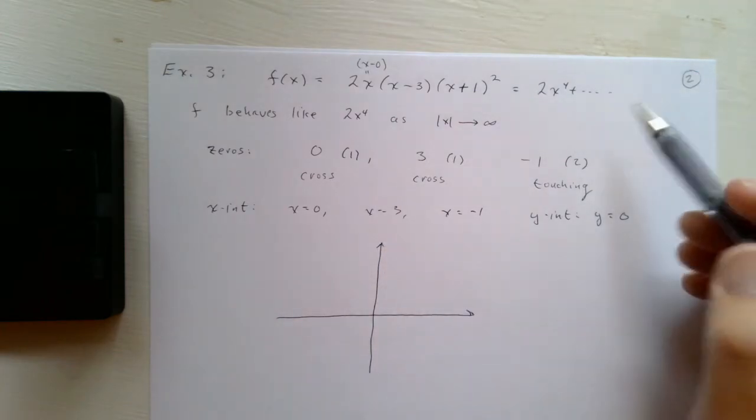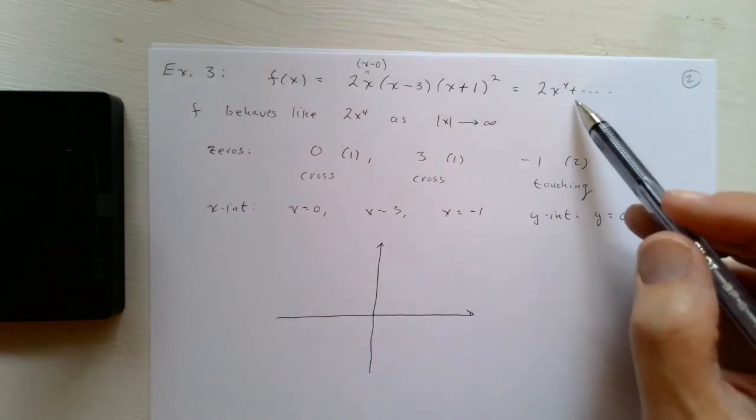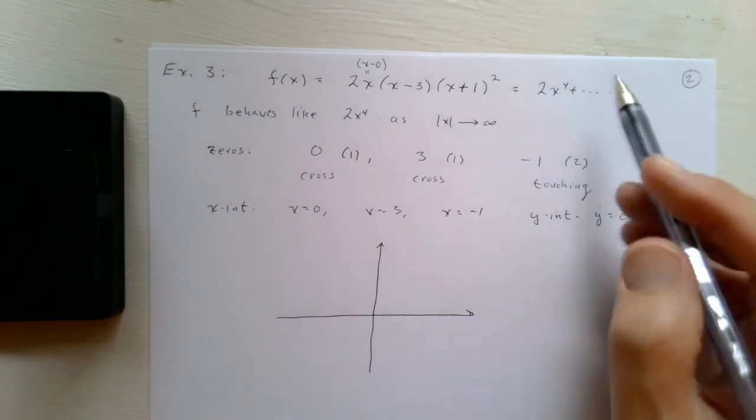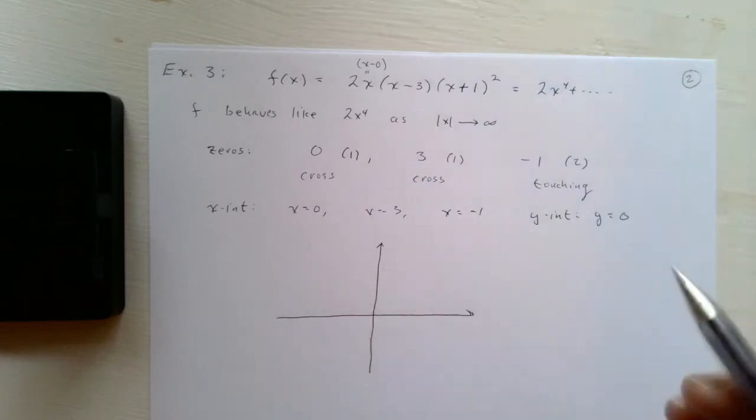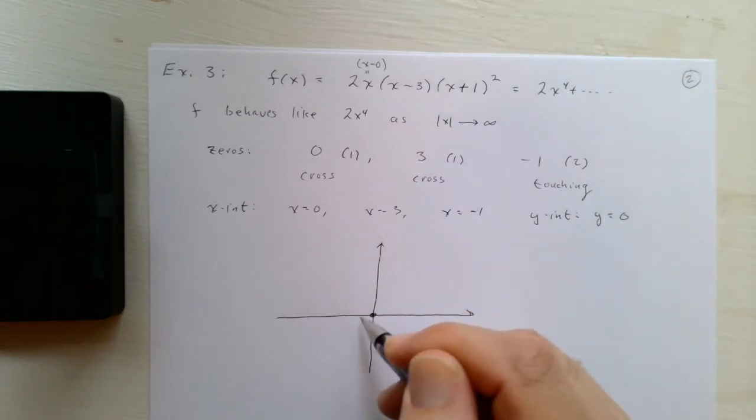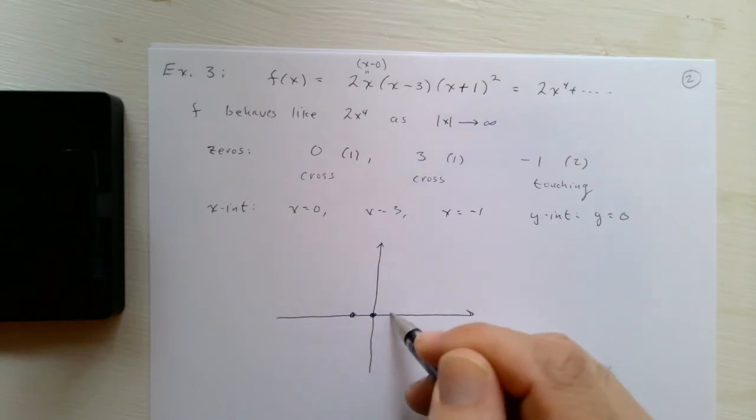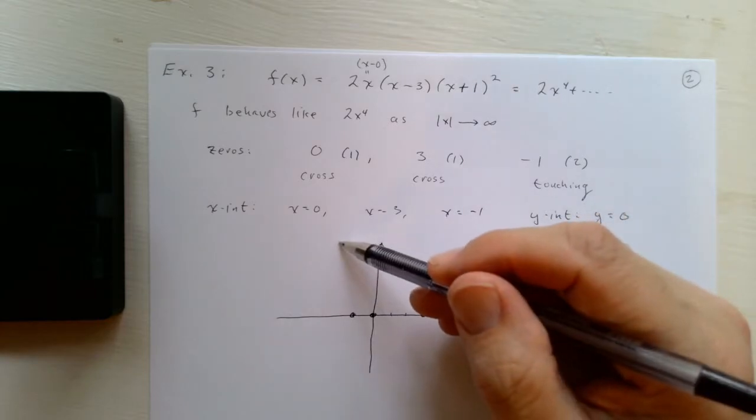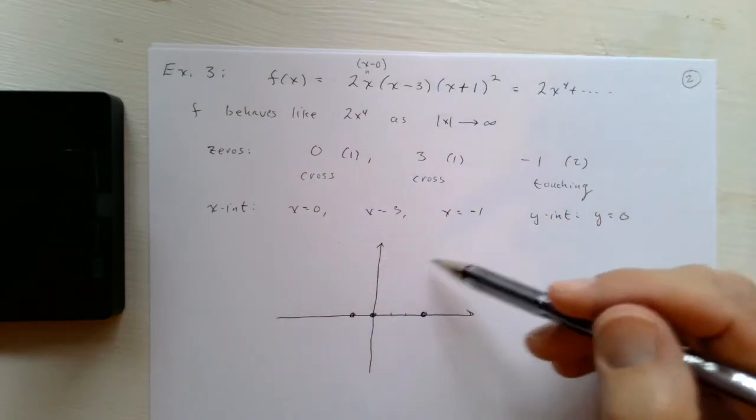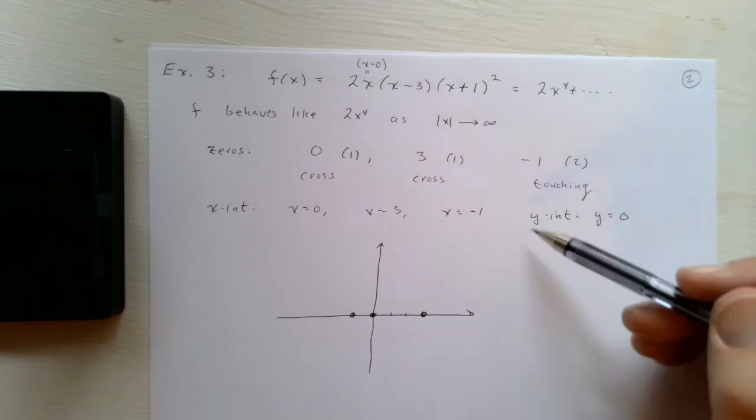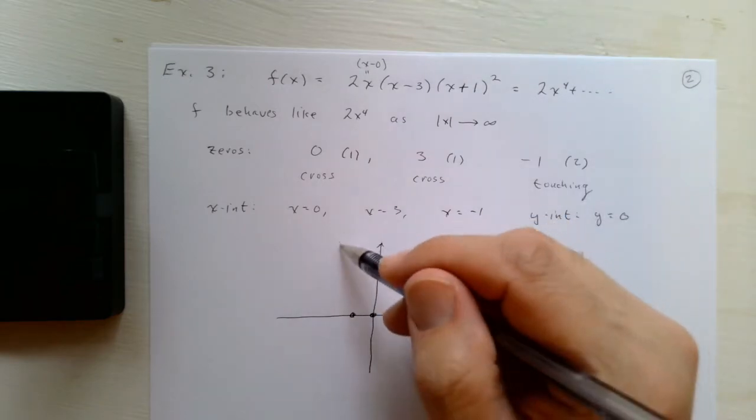now 2x to the 4th, okay, that's degree 4. 4 is even, so that means we're going to be shooting up on both sides. And let's plot our x-intercepts here. Okay, so we are starting up here and ending up here, and at -1 we are touching, so it's going to be